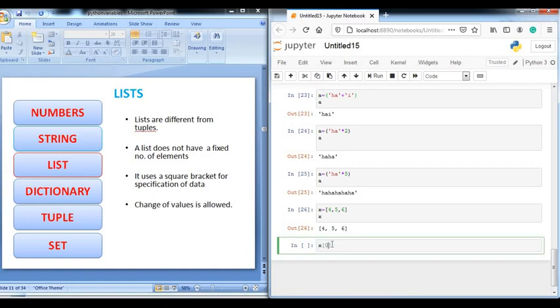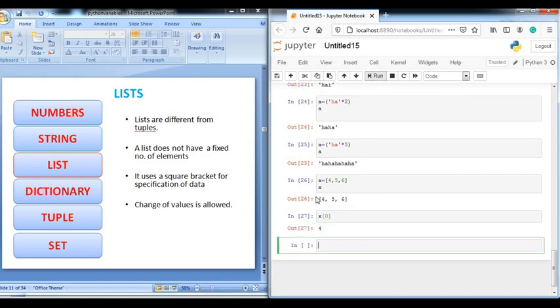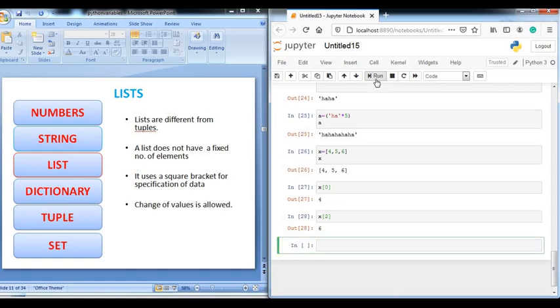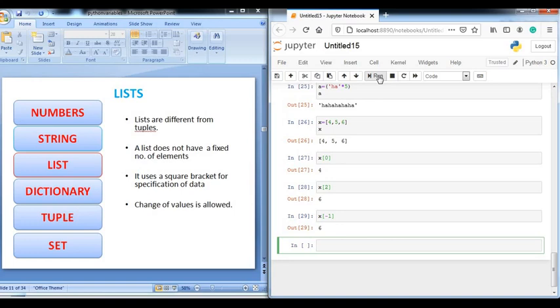If you want to print the value at index 0, just write x[0], you will get the value 4 at index 0. If you write index 2, then you will get 6. Again, if you want the last value with negative indexing, then just write x[-1], it will also print 6. As I told you, change of values is allowed here.